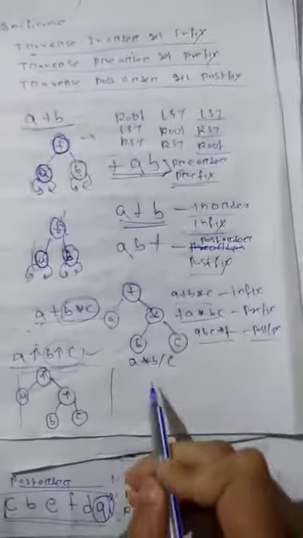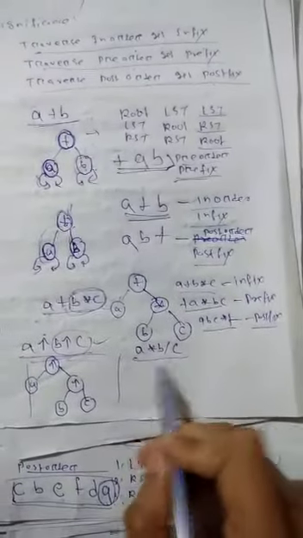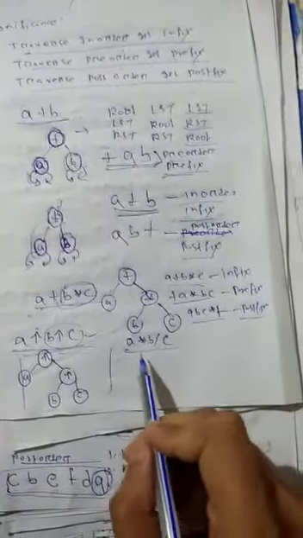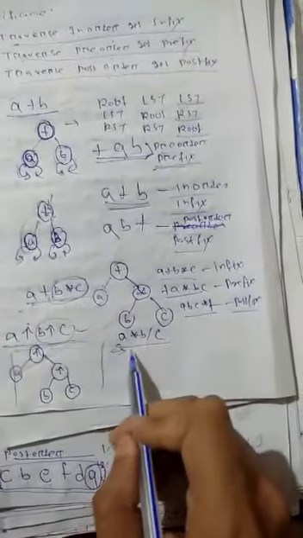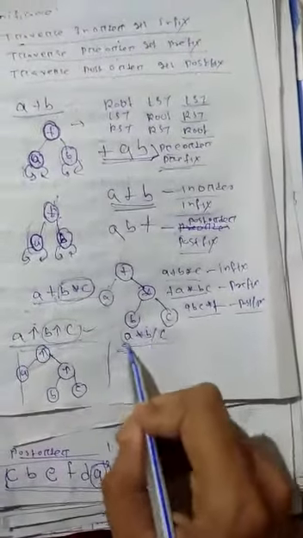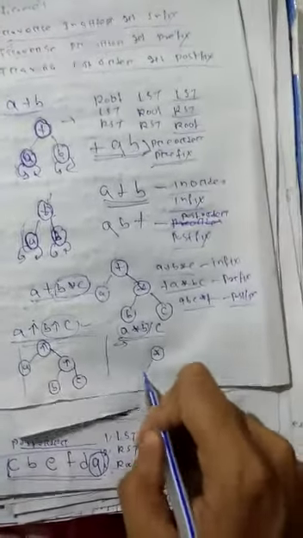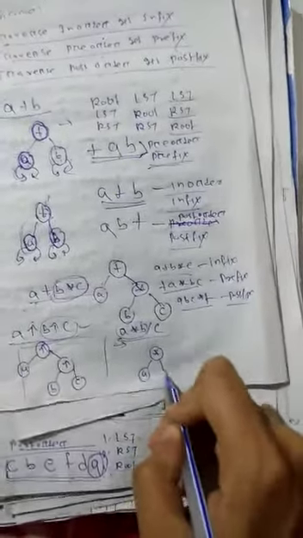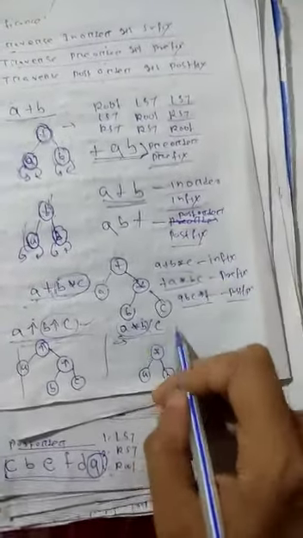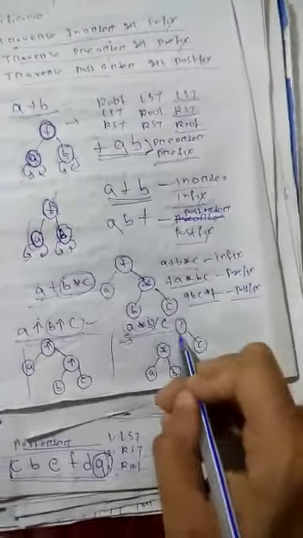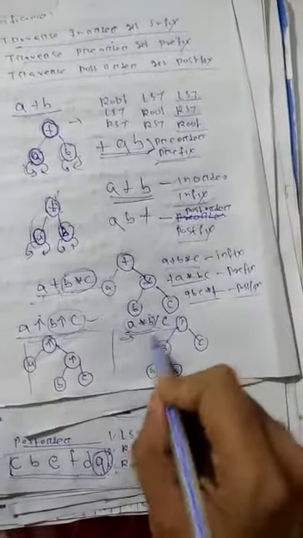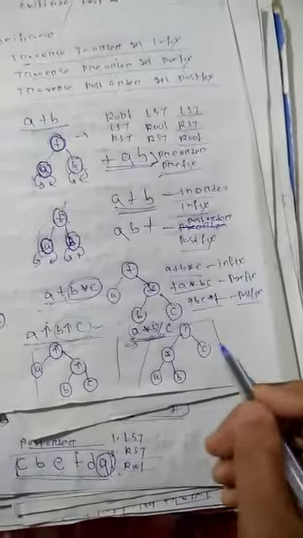Okay, next this example. See, into and divide have the same priority. For the associativity, you have to perform from left to right. So first you have to do the into operation, that means into, then on the left side it is A and on the right side it is B. Okay, then divide, then the root is here and C is the right side and this expression is the left side. Okay, this is your expression tree of this expression. Clear? Then you perform the in-order, pre-order and post-order, and it gives infix, prefix and postfix.